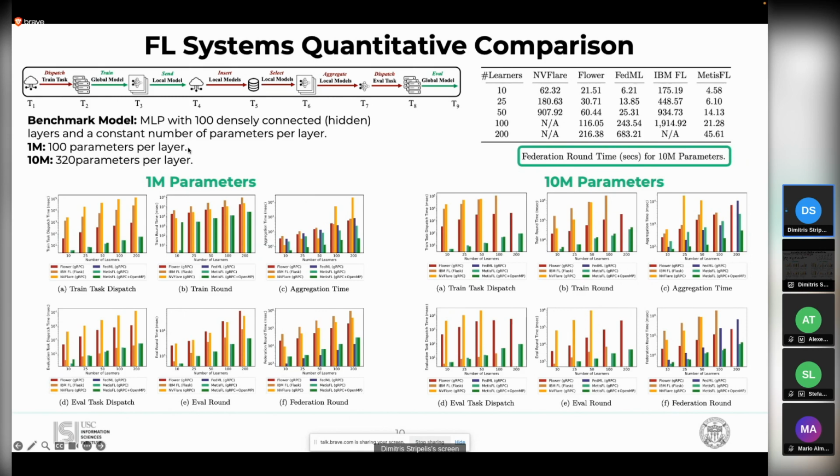So the idea here is that we wanted to evaluate in a micro setting how much time it takes for every system in our evaluation to do the dispatch of the training, the actual training of the global model, and training and sending of the local model, which is basically the training round, and then the aggregation and the evaluation round, which consists of dispatching and evaluation. We don't consider the insert and the select operation. We consider them as constants in our setting, since all the models fit in memory.